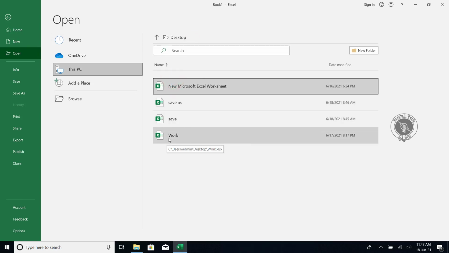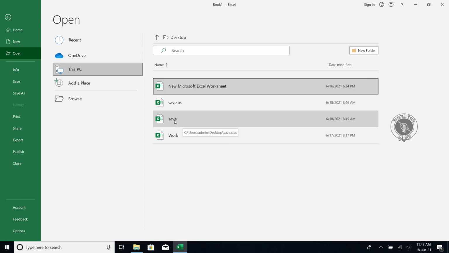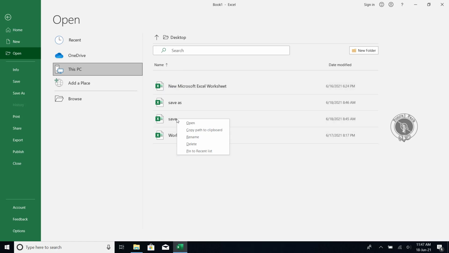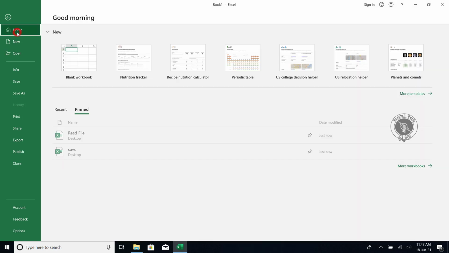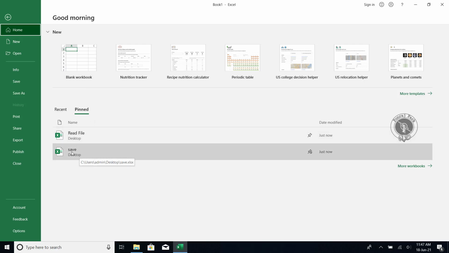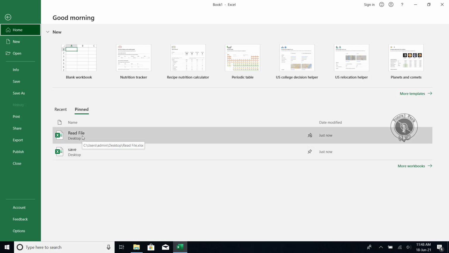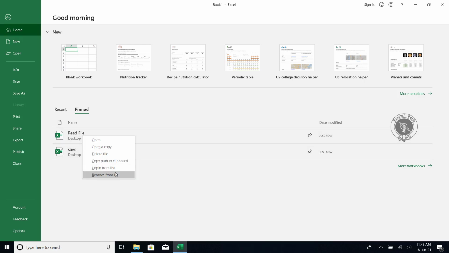Suppose I want to add this file to the pinned section, I just right click on that file and choose Pin to recent list. Now we will check in the Home section. Yes, this file is now pinned over here. Like this you can pin many files, and if you want to remove one, just right click on it and choose Unpin from list, so it will be removed from there.